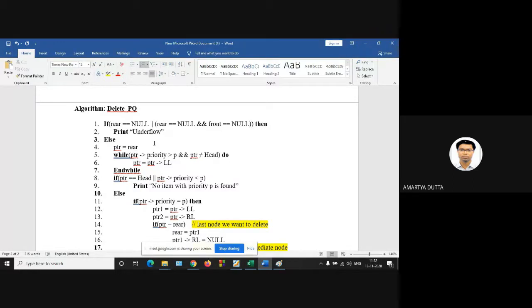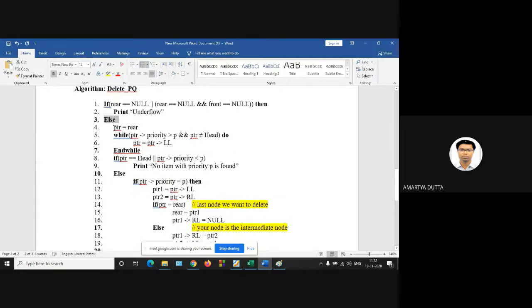Is it right? Yes, sir. So this is the condition for underflow. Otherwise, your list is not empty.